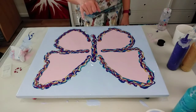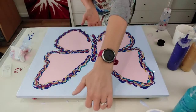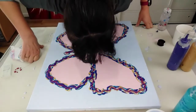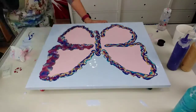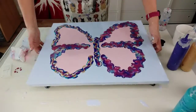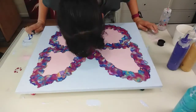I think it would be a good idea to start here and then blow out and round. Yeah, so I'm going to do that. I'm going to keep moving the canvas to get into the right position to do this. Right, wish me luck. Wow,